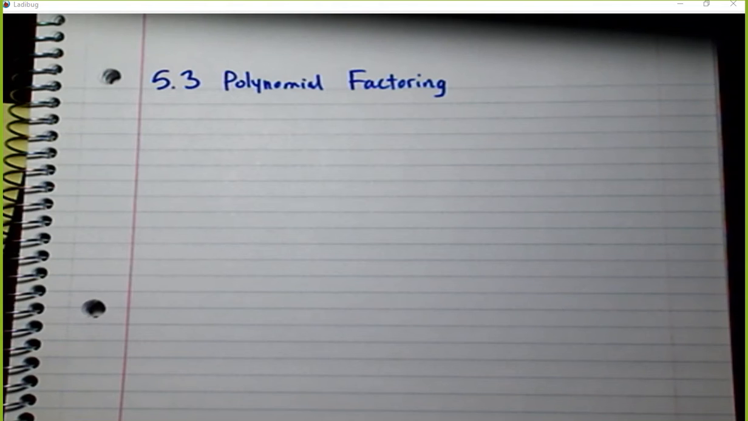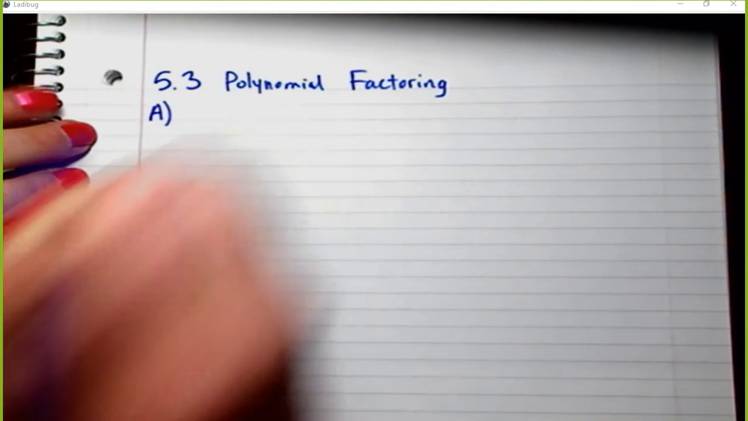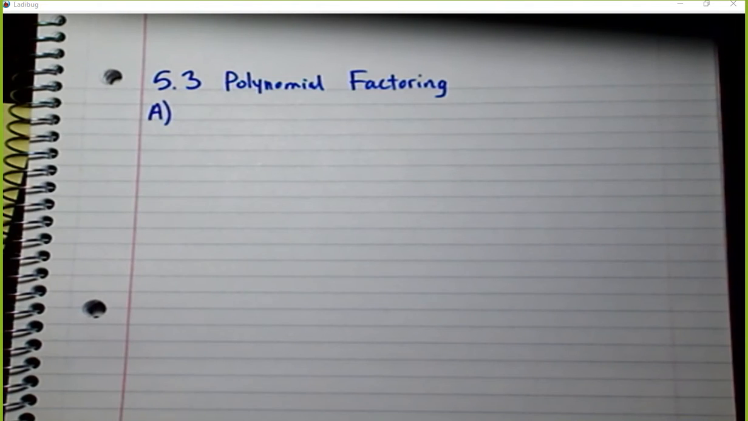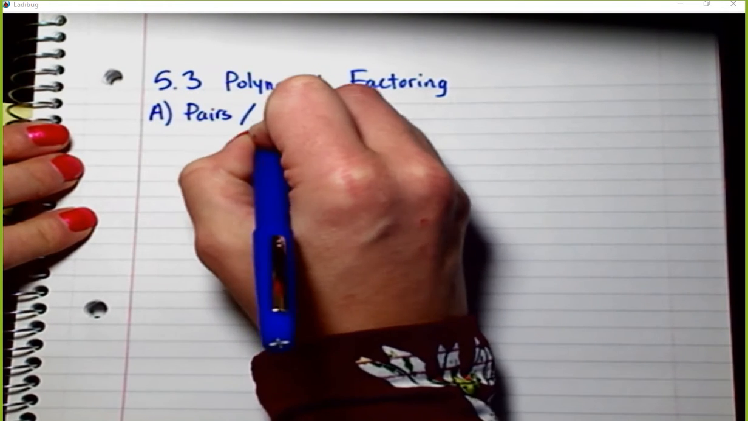So polynomial factoring. If you remember our flow chart from earlier in the year, we have GCF, pairs and patterns, and trinomials. That is all we're going to do, is more of that, okay? But we're going to add some patterns today. So the first thing we're going to do is add to that flow chart, right? So we have pairs/patterns,